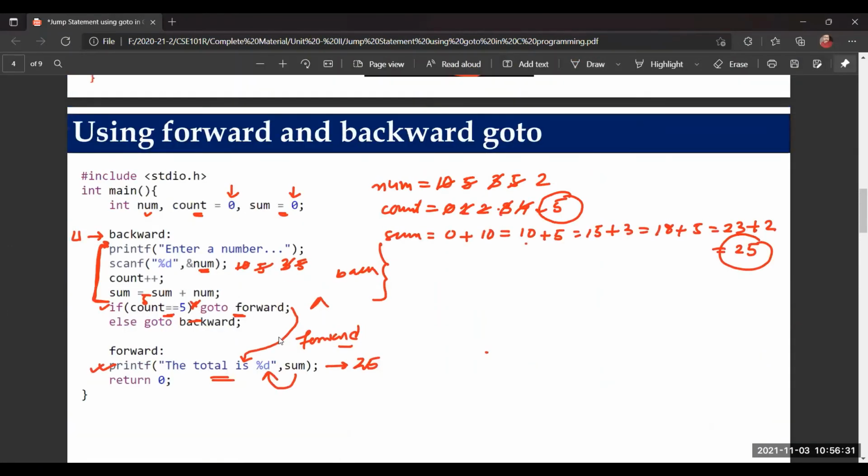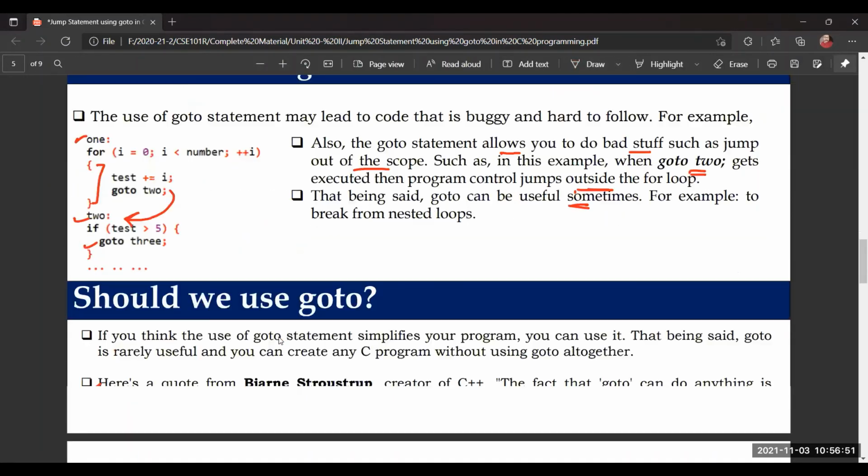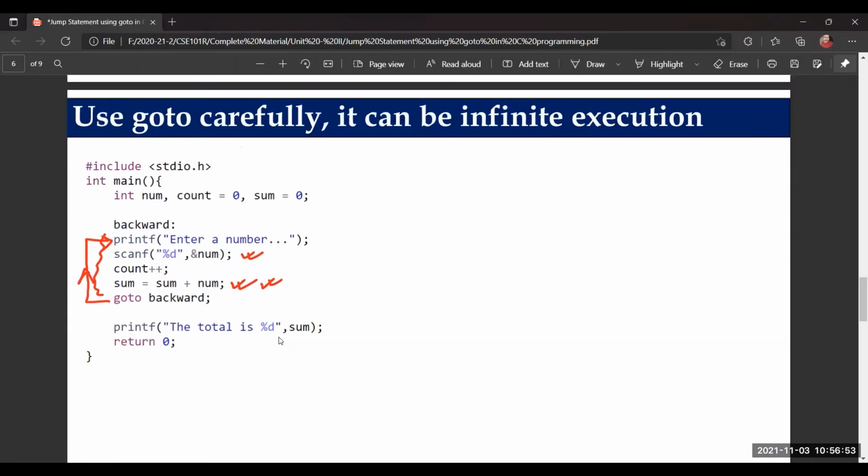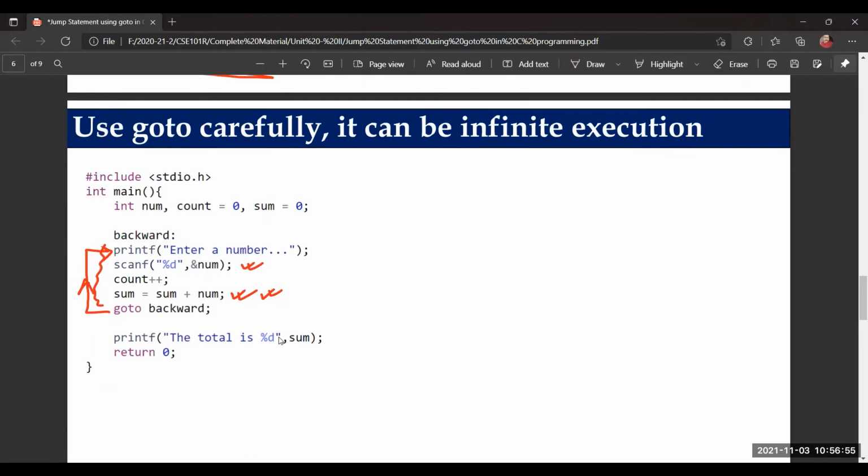Here you can see I'm using the counter concept. It controls when to jump and when not to jump. If I reach my requirement, 5 inputs, then move in the forward direction. If I have not fulfilled my inputs, meaning fewer than 5, then go backward. So this is the first problem you should take care of when you use goto: it can loop infinitely.